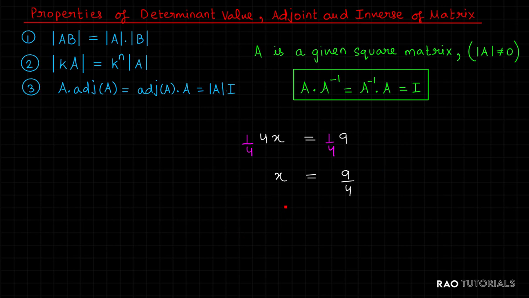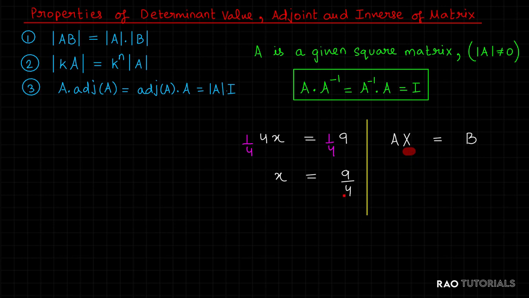The same concept of inverse applies for matrices as well. Just like 4 and 4 inverse result in 1, similarly A and A inverse result in identity. Identity is like the 1 of matrices. Identity into any matrix B equals the same matrix B, just like 1 into any scalar n is n. So inverse matrices help us to solve matrix equations such as Ax equals B, where A, x and B are all square matrices of the same order.